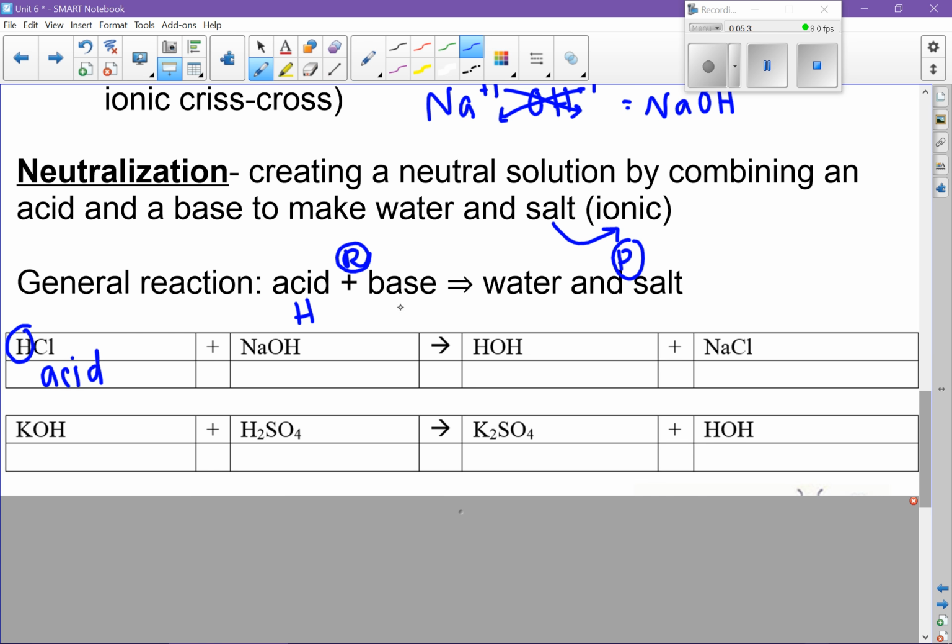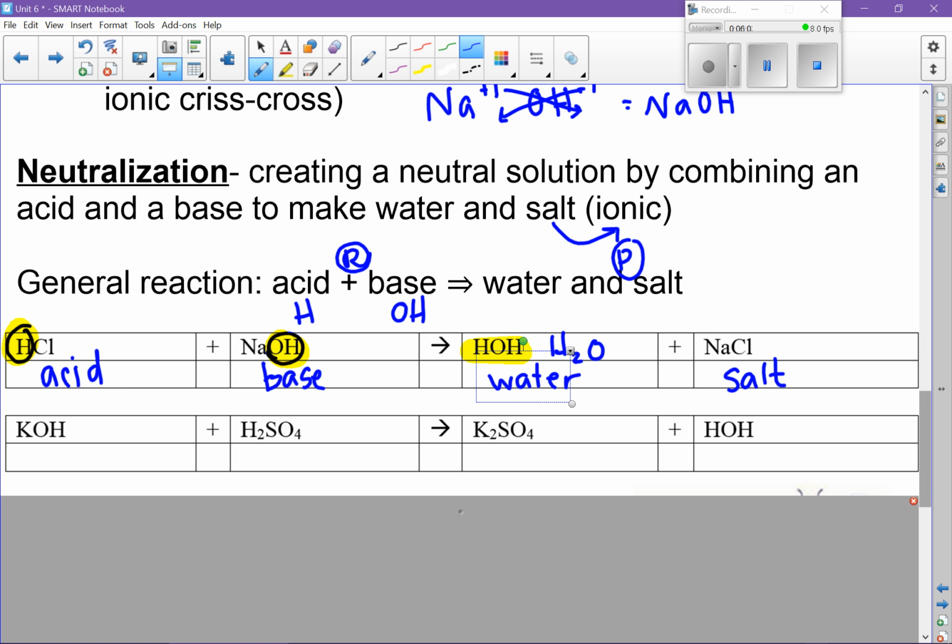I'll write that neater. A base tends to end in OH, because I see that this piece is my base. Okay? So notice in neutralization, when I put those pieces together, H and OH, I get this. HOH is just another way of writing H2O by combining those pieces of acids and bases. So here's the water that's formed, even though it's written HOH,